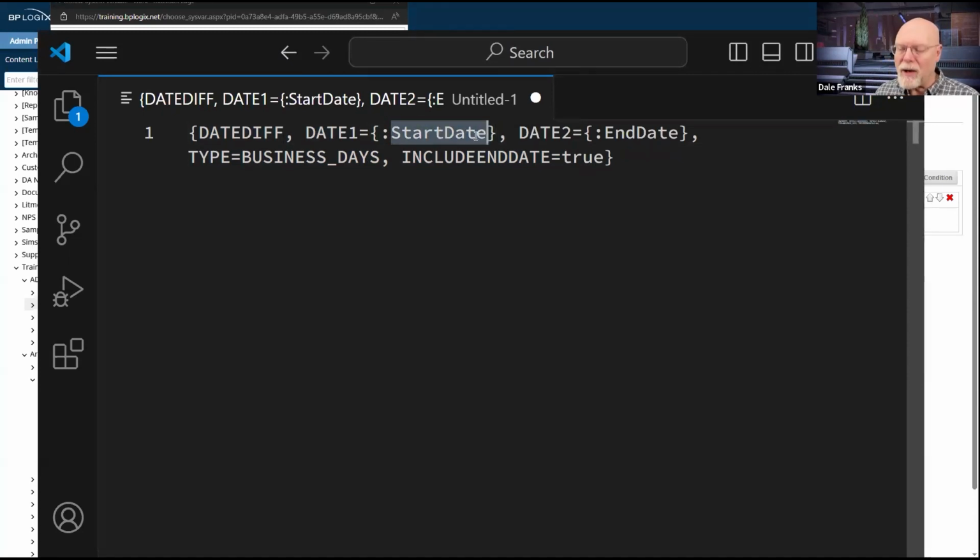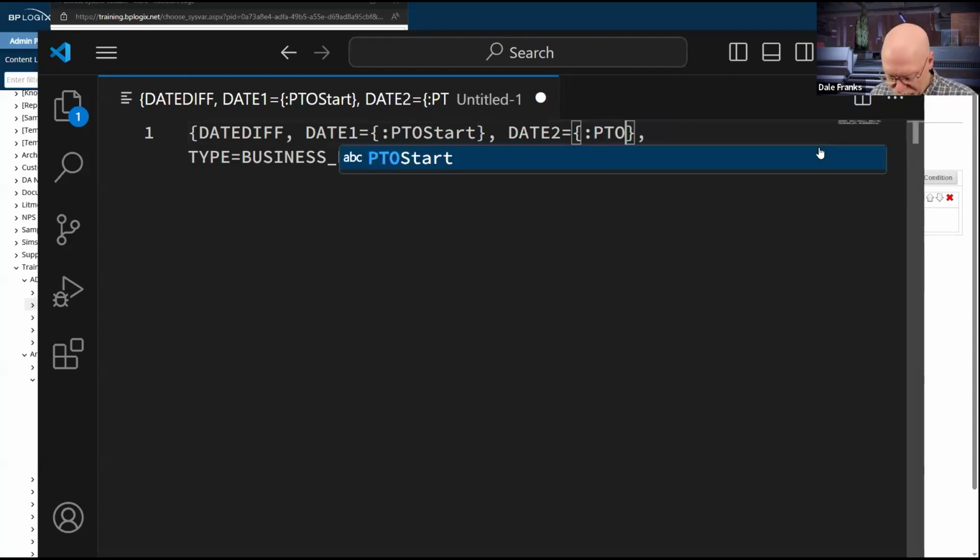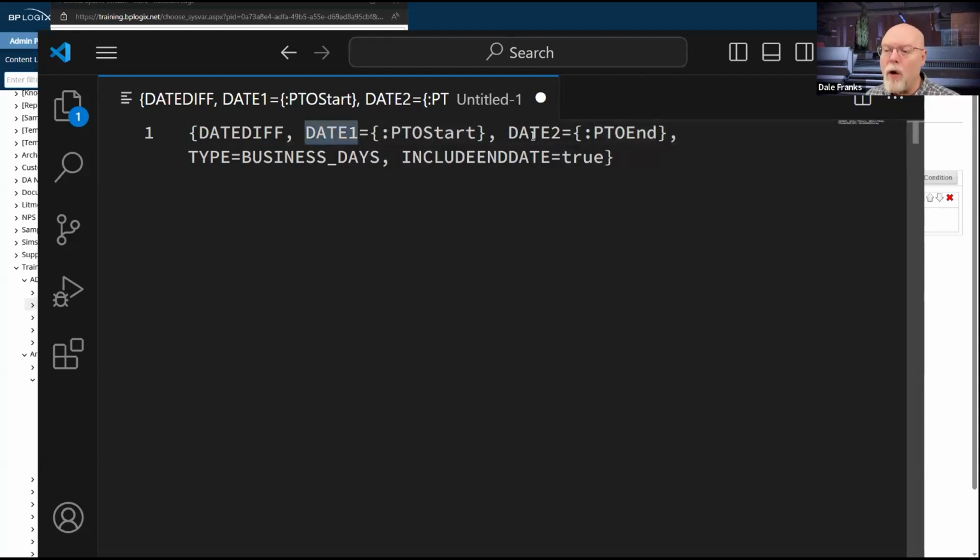So I actually have a field called PTO start and a field called PTO end. And those are my start and end dates, obviously. So these are the two dates. Date 1 and date 2 are the two required parameters that I need to do a date diff.